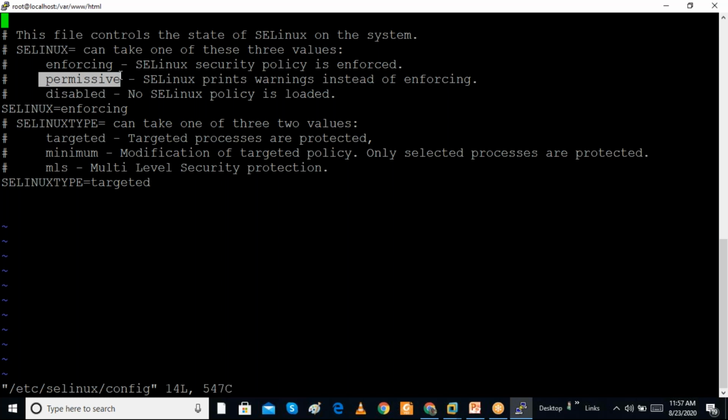Suppose somebody is not able to open a file, warning messages will come, error messages they will get. But it is not enabled; it is effectively in the disabled state. So enforcing is fully active, disabled is fully disabled, and permissive just gives the warning message.